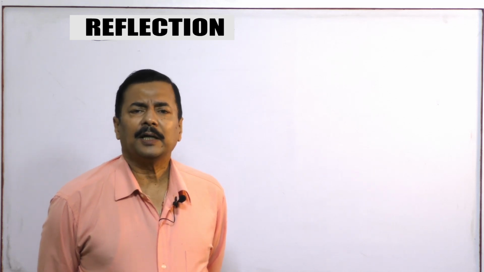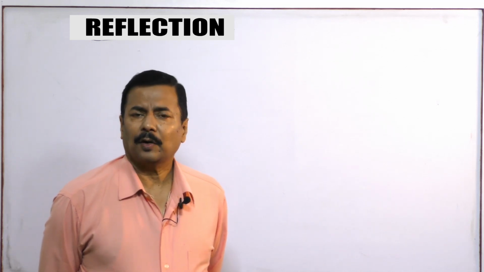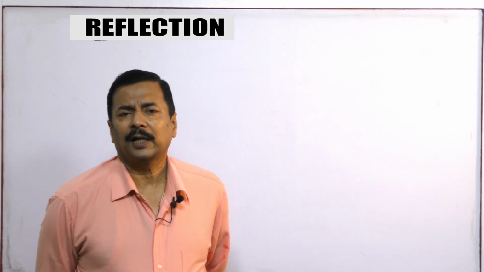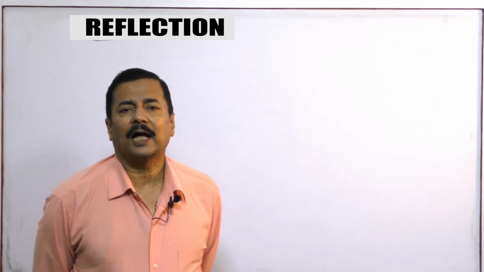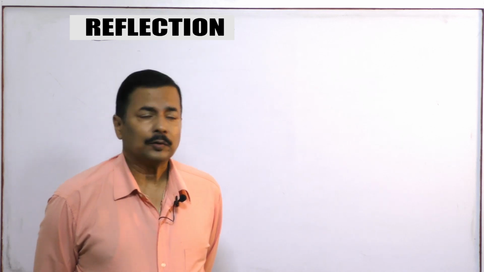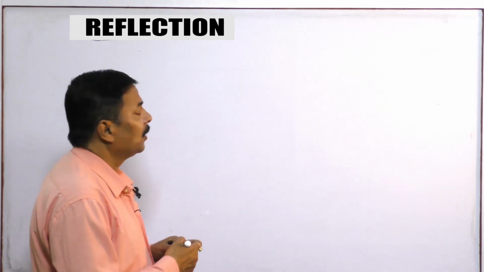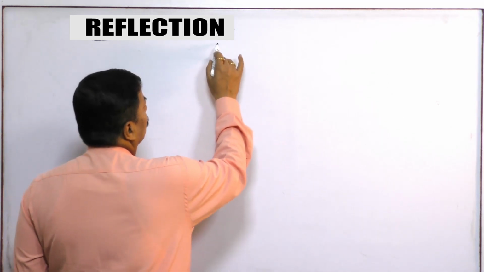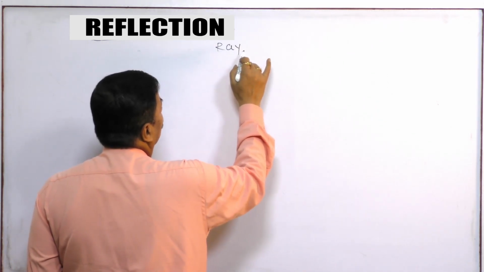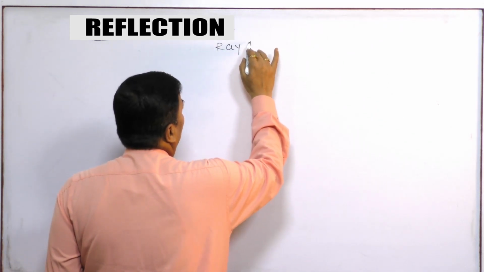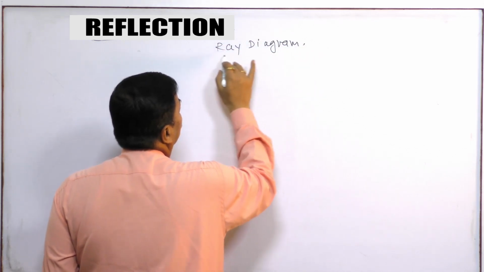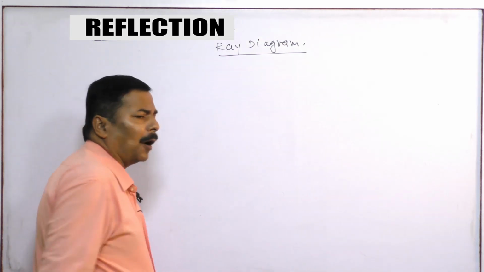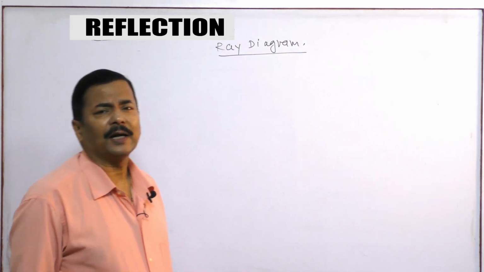Ray diagram in case of concave and in case of convex, because the concept of ray diagram is very important for solving the numerical and getting its answer in a confident manner. So ray diagram is very important, and you should have clarity of drawing the ray diagram. For ray diagram, from an object infinite rays are coming.